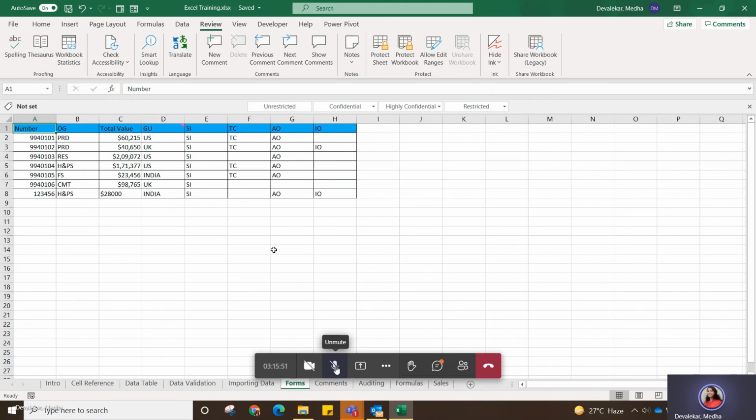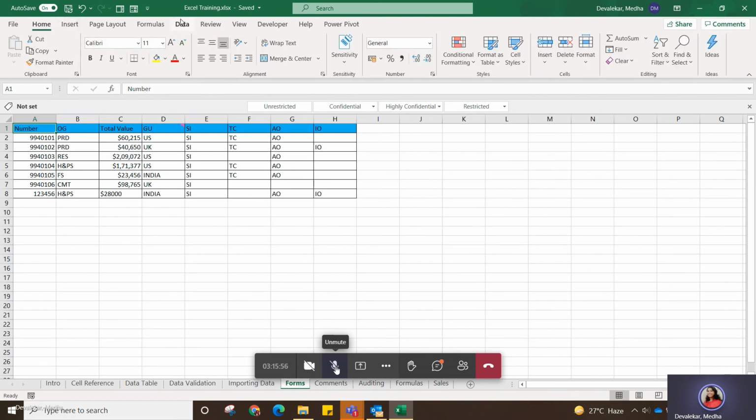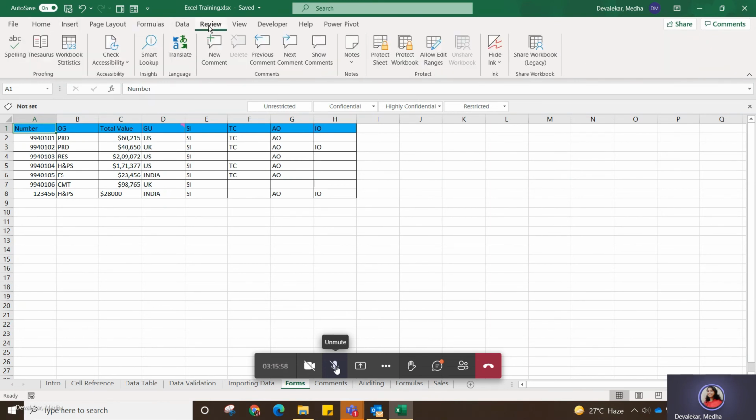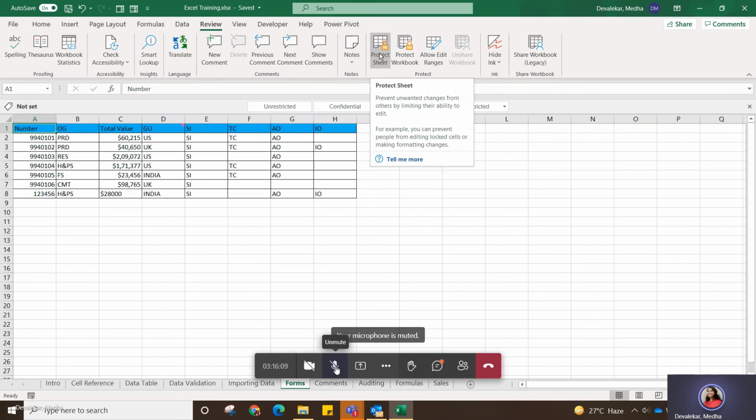So how do you do it? This is the review tab. Go to the review tab. Here you can see this protect. Protect sheet will protect only the particular sheet. And what does protect sheet mean? It will not allow you to change or delete any row or column or change the format.